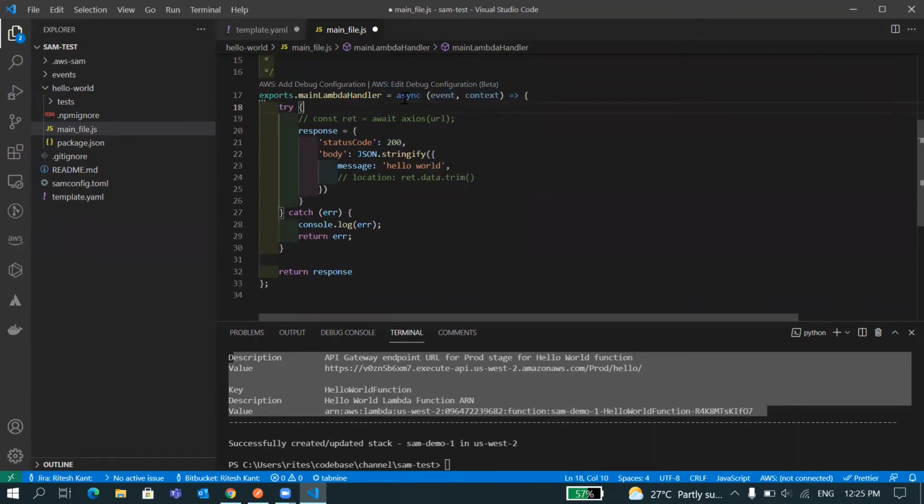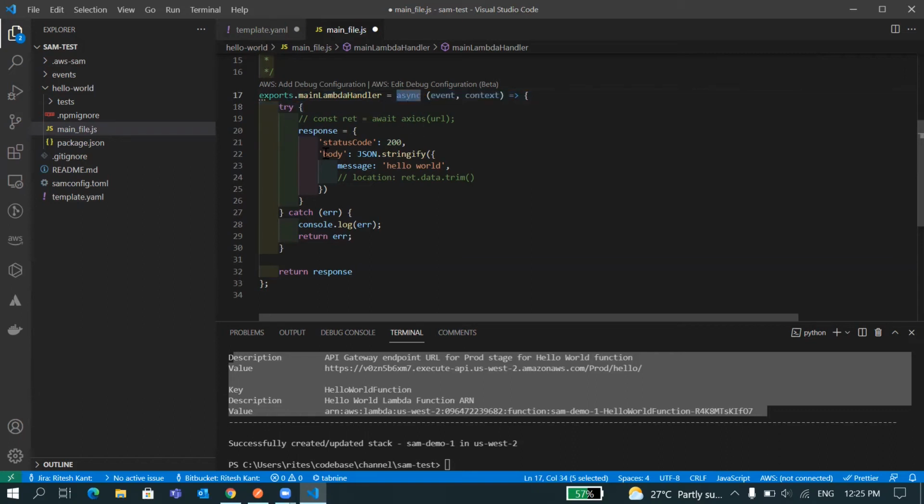After that, also this is an async function. So you can happily use the await keyword here, or if you want to use a callback, then there is a way: you can remove it from here and you can pass a callback function here. But I'm going with an async function because this is more readable.